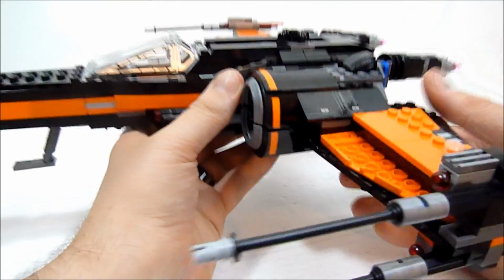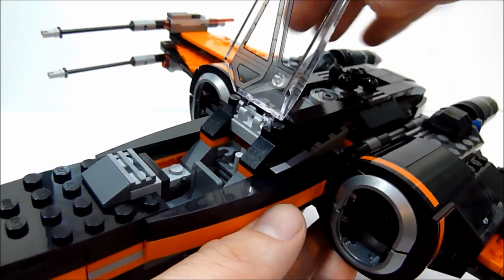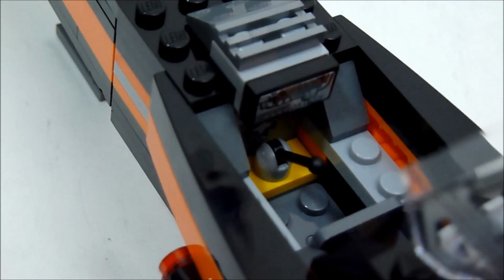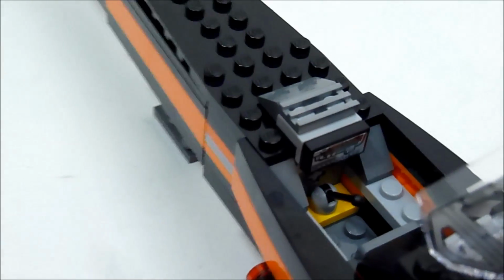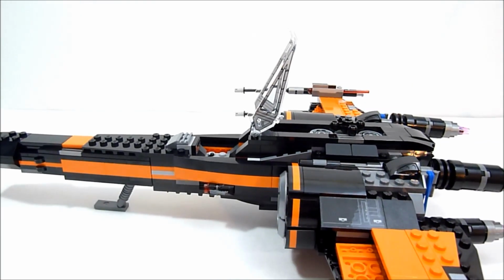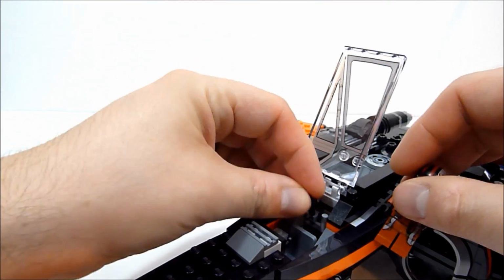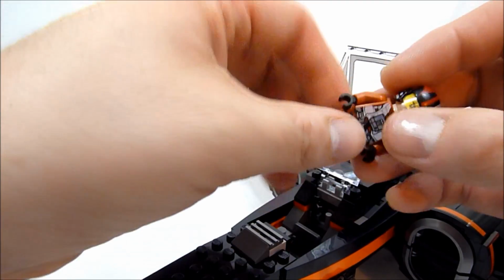And let's take a look at some of the features inside the cockpit. So we can lift the printed cockpit piece here, and you can see there's just a little seat inside, with a little display panel and things like that. It's really not that big a deal. I don't know why I threw the whole camera around trying to get you a nice view of that, but whatever. So you also have a little clip back here, so you can pop Poe's blaster or whatever in there and kind of store it, and